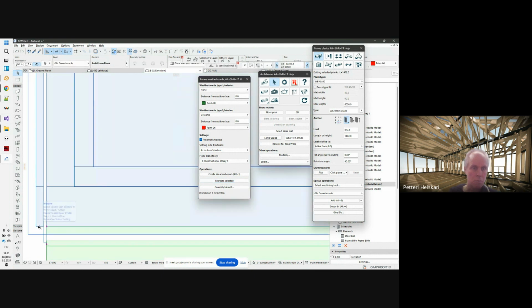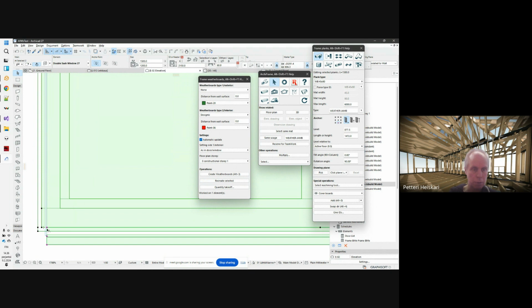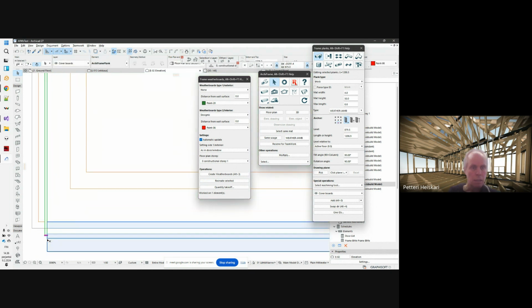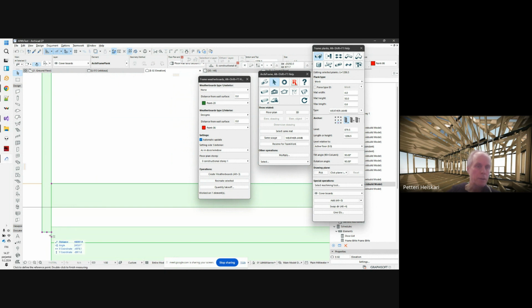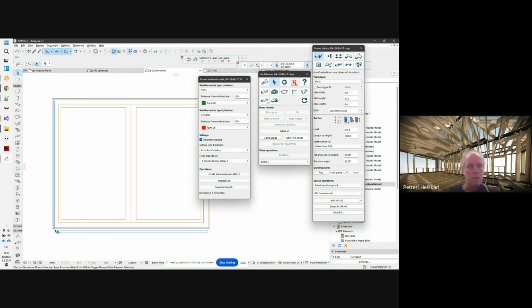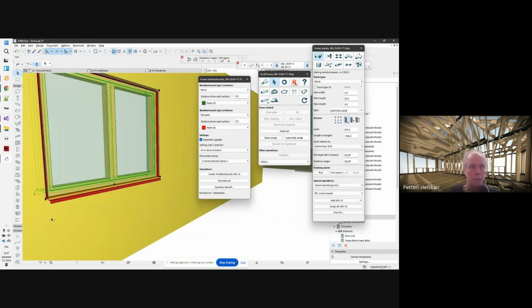So now we have this weatherboard starts exactly at the window frame bottom. Actually here, for visualization, this doesn't really matter. We have a 2 millimeter gap here, which was from the -2 millimeter extension. And the final result in 3D,